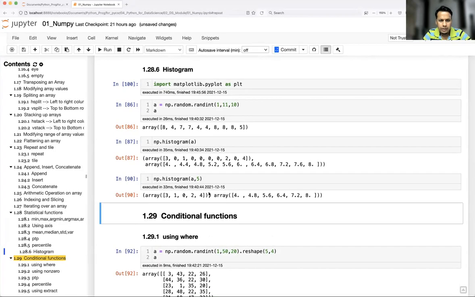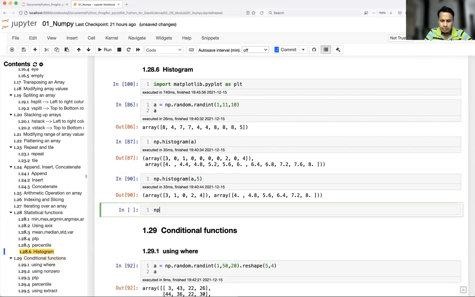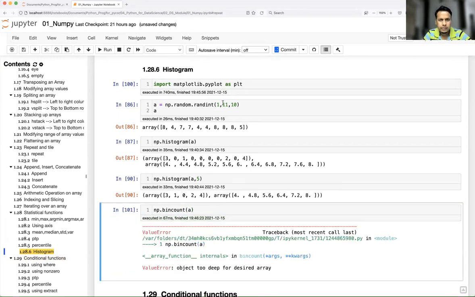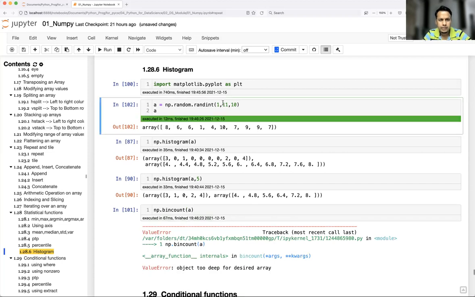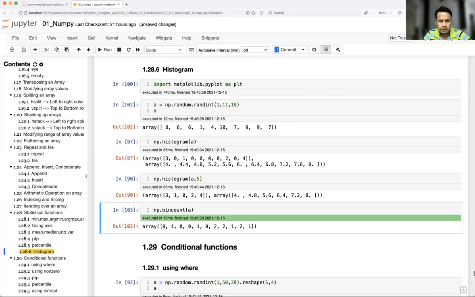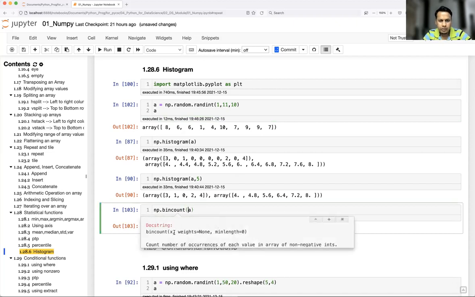So what I will do now is use another function here, np.bincount of a. Let me run this once again. What is it returning? It is returning the counts, right?